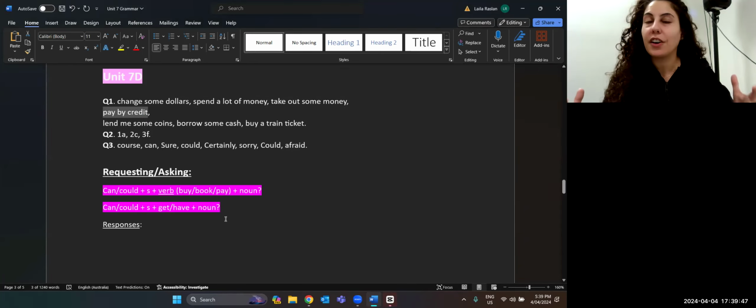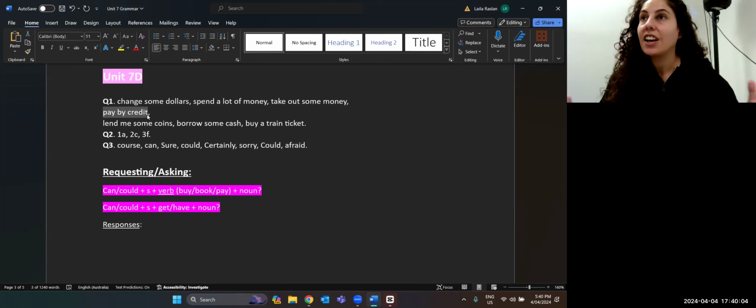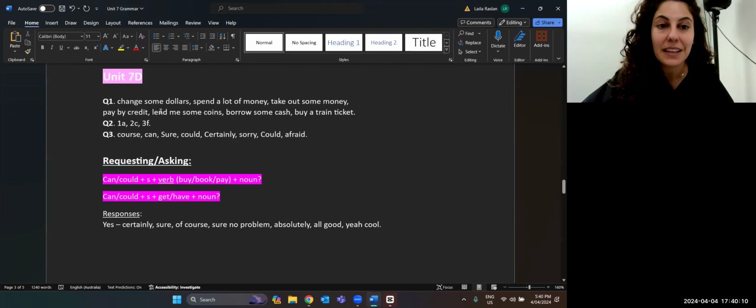We also say that we want to pay by credit or we want to pay by credit card. Or sometimes you've heard Americans say, do you take American Express? That's their credit card. Do you take Visa? You can also say the same thing. Can I pay by Visa? Can I pay by credit? So that means using my credit card, not cash, but credit card.